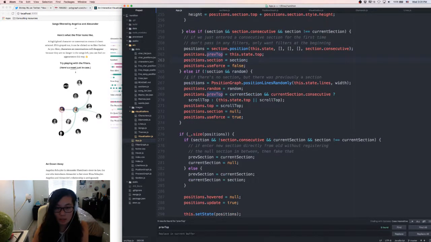And then this is if there's no section, but there was previously a section. So this is where we do it randomly. And this one is saying if there is a current section and it's consecutive, then scroll top, or else